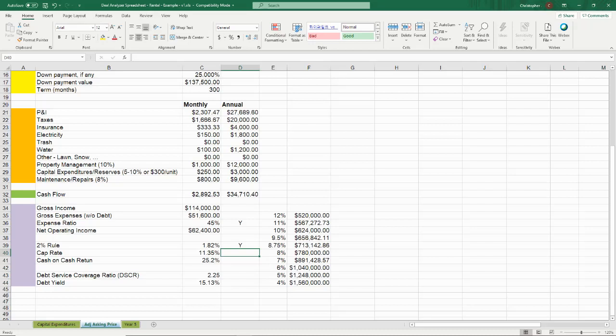In some areas, the real estate assets are valued at so much or cost so much that some areas call it the 1% rule. But we're not going to rename the rule just because some areas have very high priced or very high value real estate assets. I'm still going to call it the 2% rule.